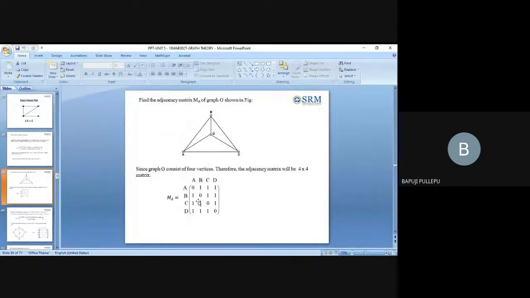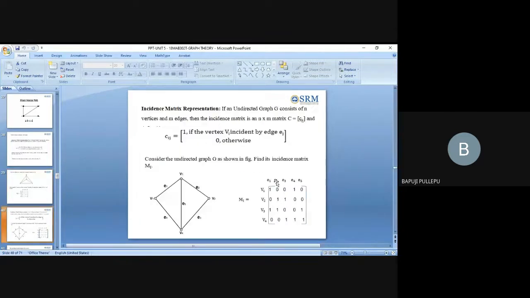See, here also vertices are written. Vertex to vertex, no, but A to B is linking, means what? I am writing actually this vertex to vertex connection. So this is also a vertex, this is also a vertex, means this is called adjacency. Then this is vertex to edges, which is called incidence. Reaching or not? Any doubt?